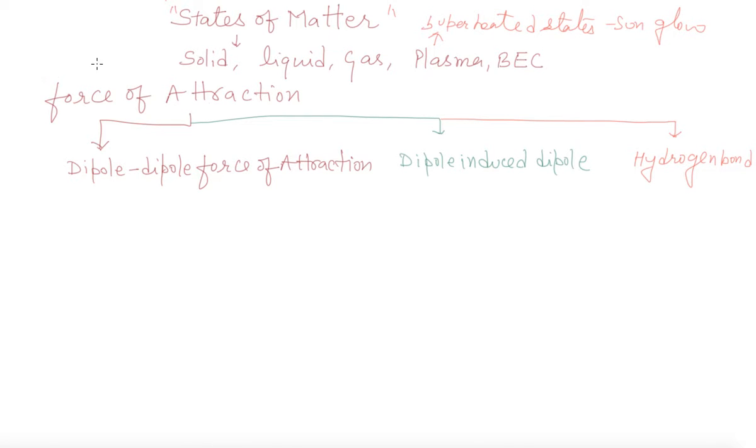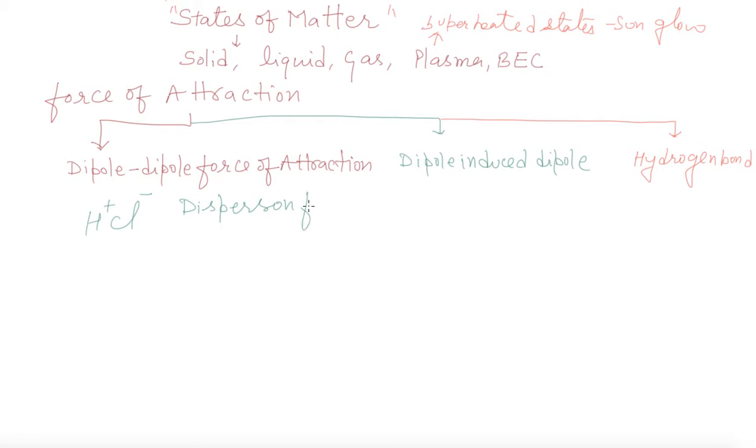The next topic of states of matter is force of attraction. There are three types of force of attraction in the syllabus of 11th standard. Number one is dipole-dipole force of attraction. To understand this, we will take the example of HCl. It has one positive and one negative charge, so it is called dipole-dipole force of attraction. It is also known as dispersion force,